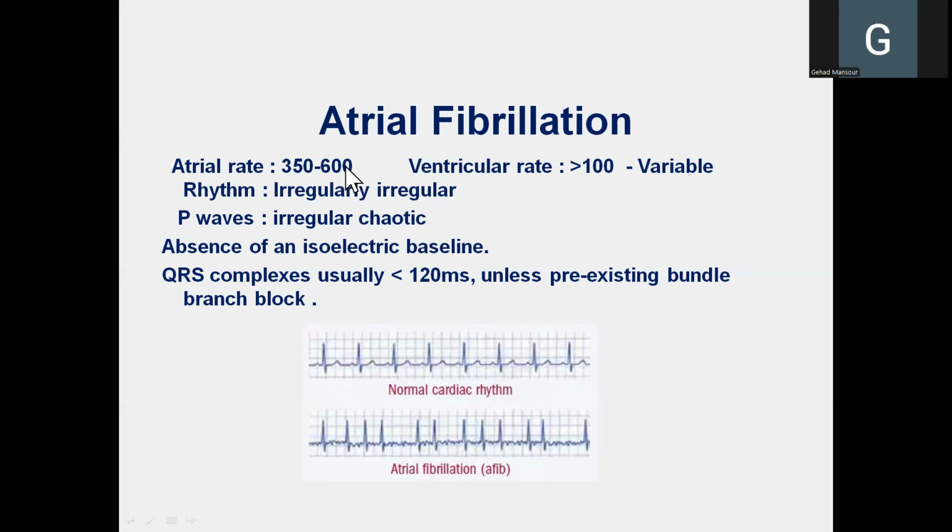And since that rate is much higher than that of the SA node, and since that ectopic cardiac muscle or ectopic pacemaker has the ability to generate spontaneous electric impulses on its own, then it will override the rate of the SA node and become the pacemaker of the heart. The generated electric impulses from that atrial focus, because when we say atrial fibrillation, this means that the ectopic focus is in the atria, start spreading over the atria normally and arrive to the ventricles as normal through the atrioventricular